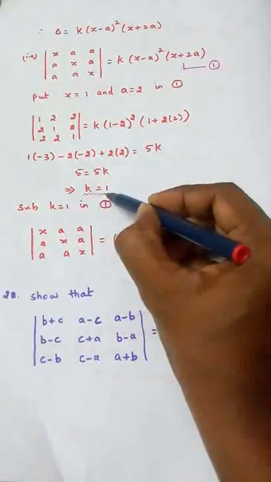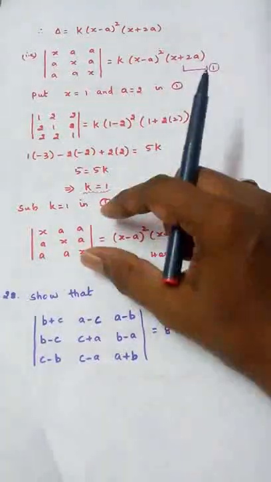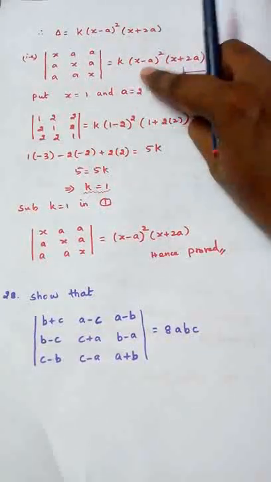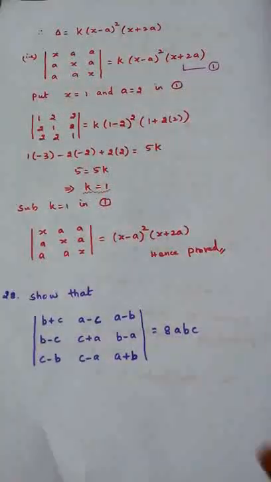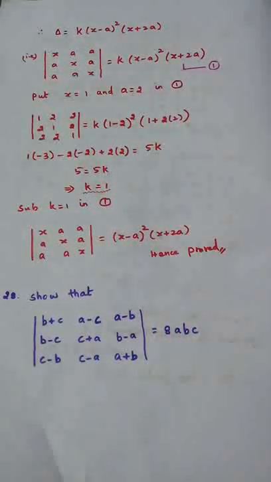Now after getting k value, substitute this k value in this first equation, so that this determinant is equal to, k is 1. So you need not write this. This we have written. So this is the thing that we needed to prove. So hence proved. Hope you would have understood the meaning of solving this sum. Just follow the procedure. Once again, just closely observe what are the things that we do to solve this sum.